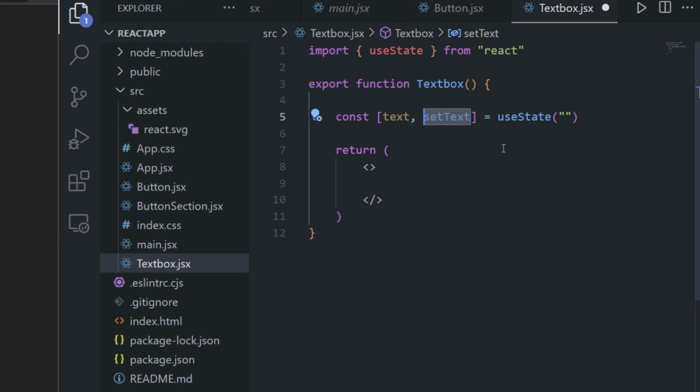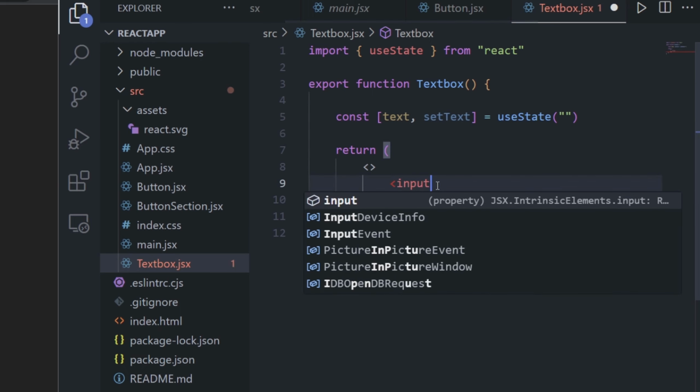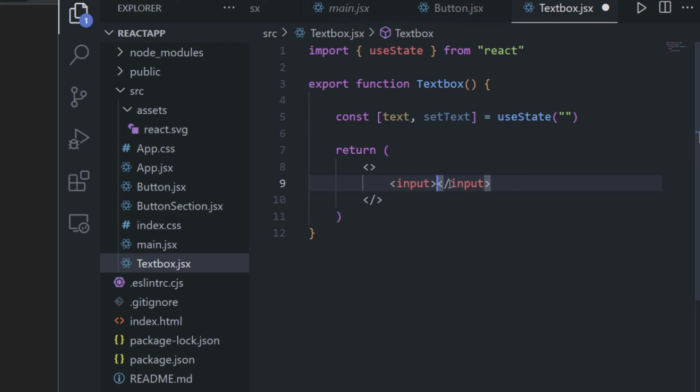Inside of our return statement, which should have some JSX, let's make some stuff happen. The first thing we want to do is make our actual text box, which we will use to set our state. To do this, let's use JSX's built-in input tag. So we can just write input like this, and then it should autofill a closing tag for this. Input is basically just a text field where you can have the user input whatever text you want